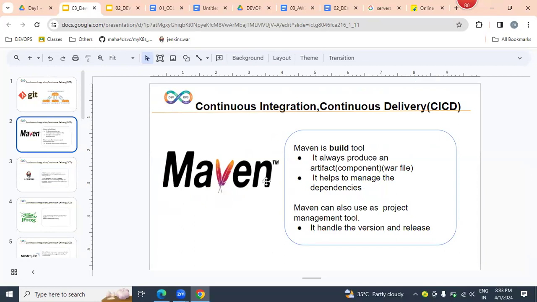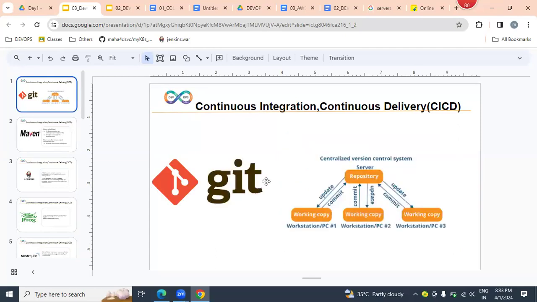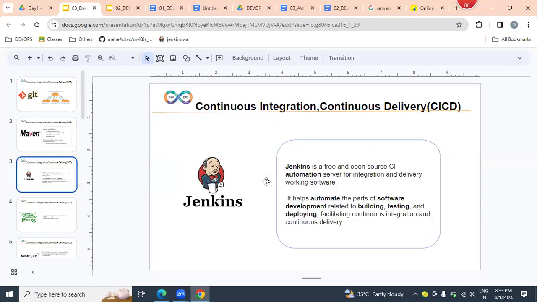Maven is a build tool. Using Git and Maven, we can implement an automated process with the help of Jenkins.